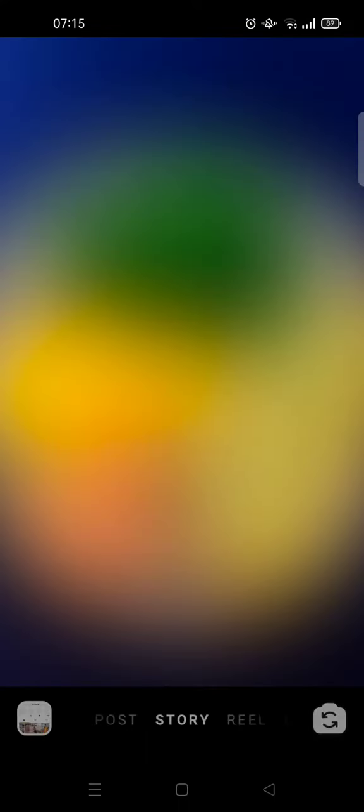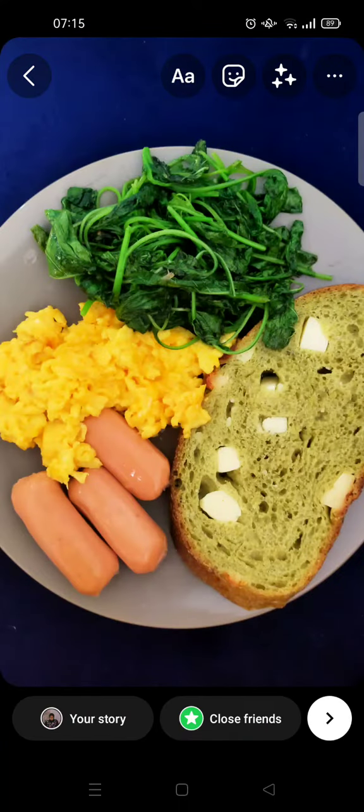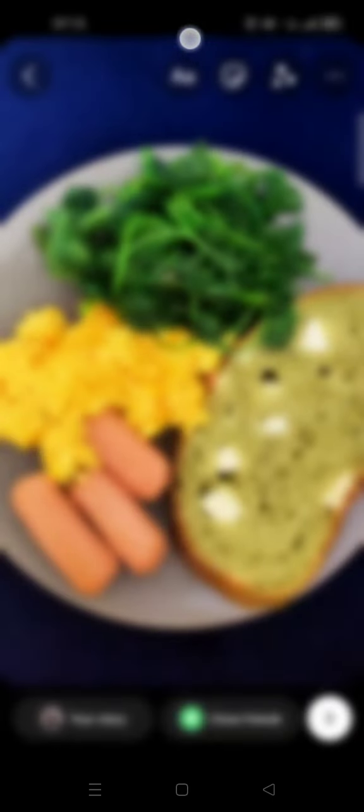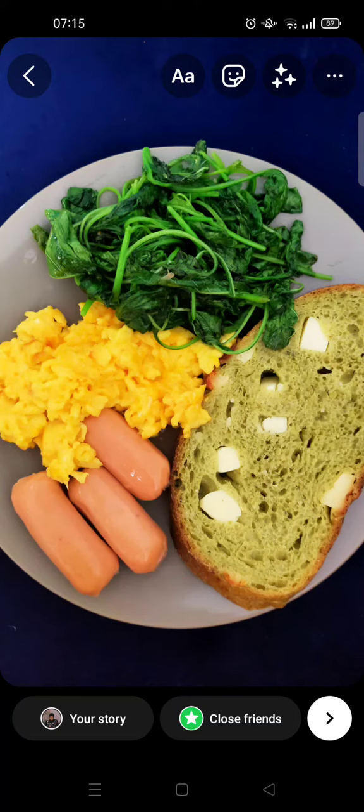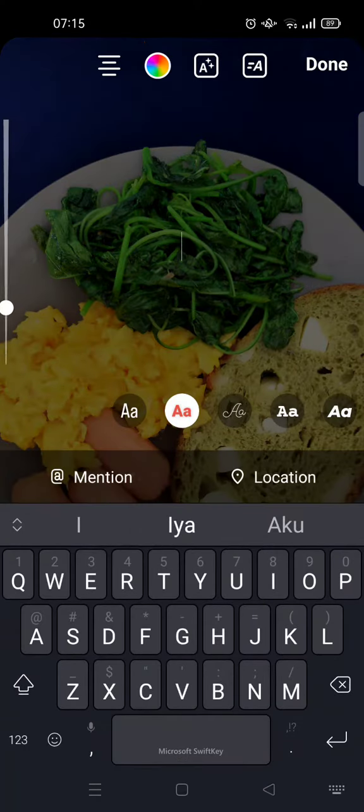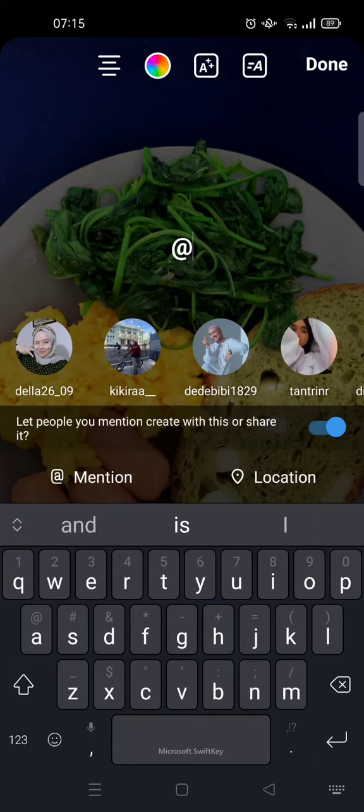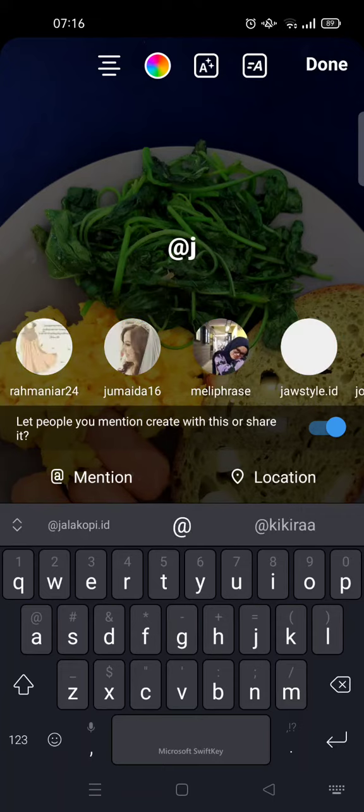For example, I want to update this, and then what you need to do next is click on the A icon at the top, and here you'll find mention. Just click on this and then the add will show up, and you can just type in your friends' Instagram usernames. For example,